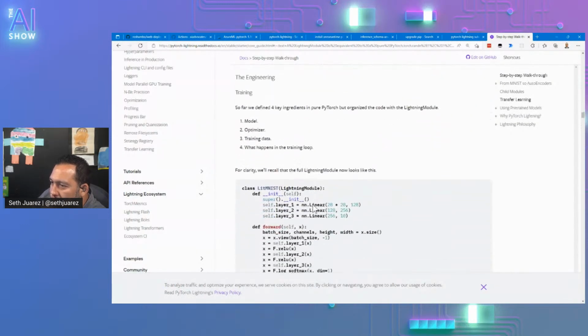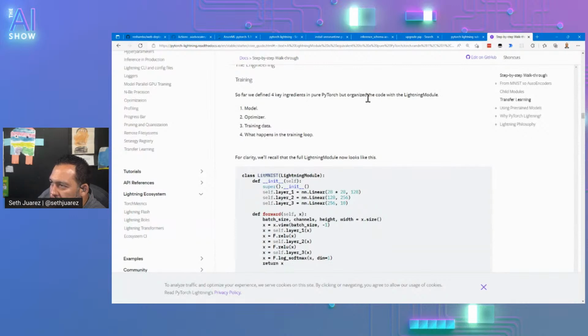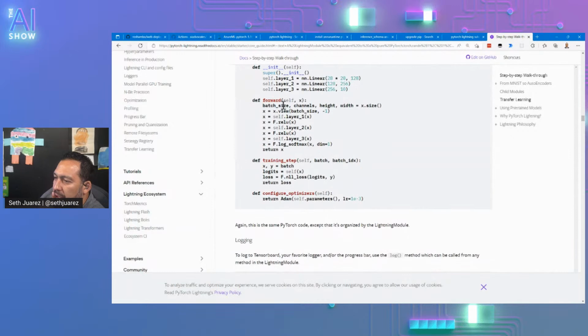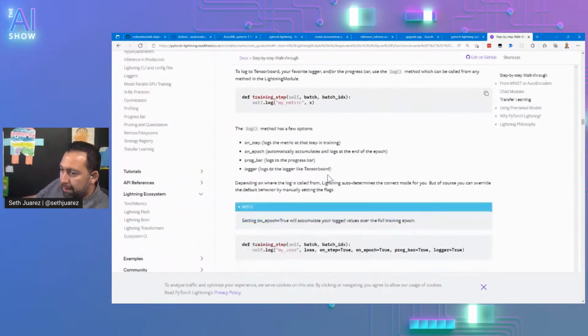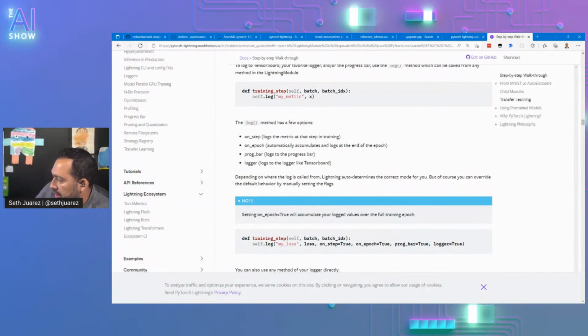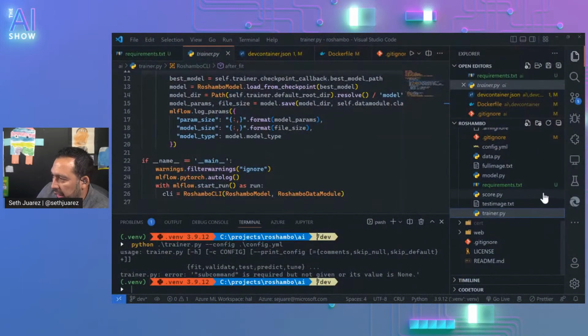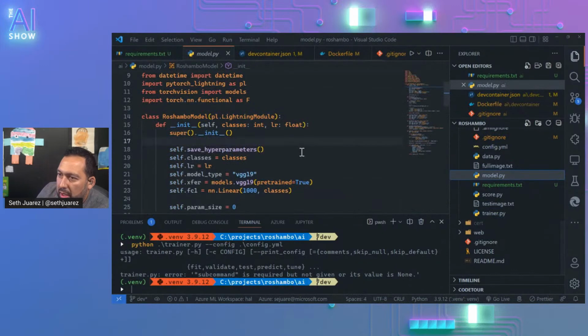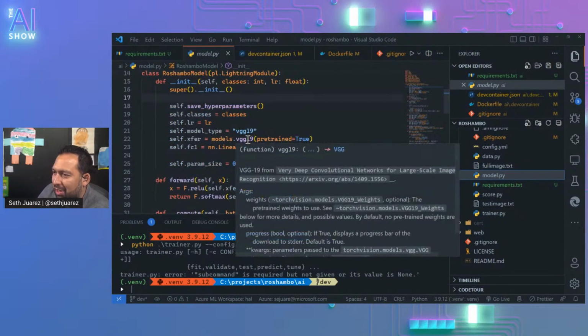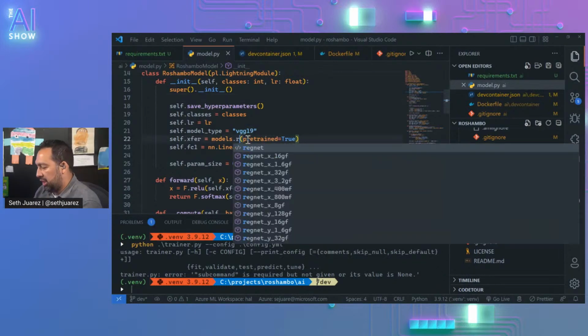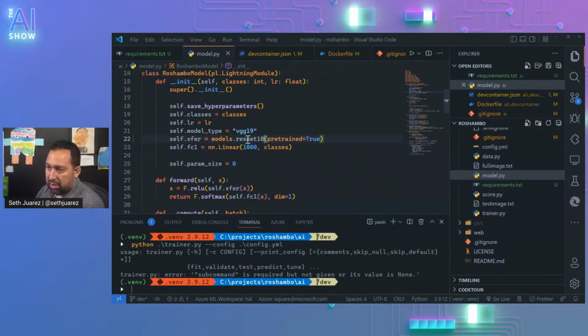We did that. So we have four key ingredients for PyTorch: model, optimizer, training data. Yep, we did this already, remember? It was really nice. I really like this. Let me show you because I'm eliding a lot of stuff. So here's our model, right? It's a Rochambeau model. We're using a VGG19, even though I think the ResNet 18 was the one that was working better for us.